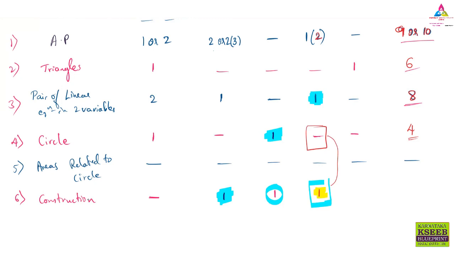Remember that one question may come from the circle lesson also. We can't say directly that it is a 4 marks question from there, but 90% it will come from construction for this year, not for next year or the previous year. For this year, there is a 90% chance for the 4 marks question. What is that 4 marks question? I will tell you in the next class. Today I don't want to take much time for that.